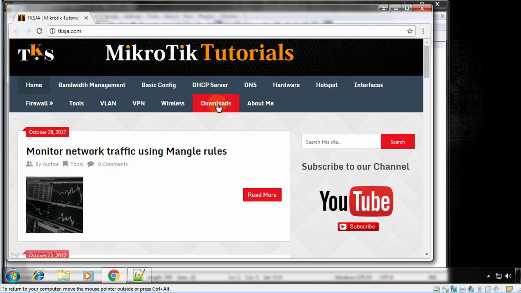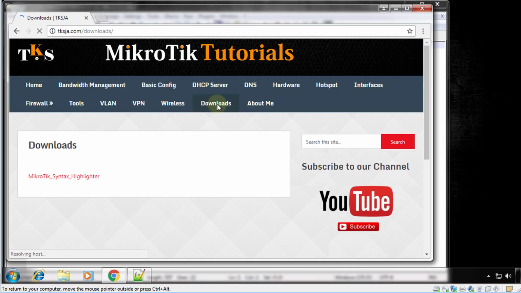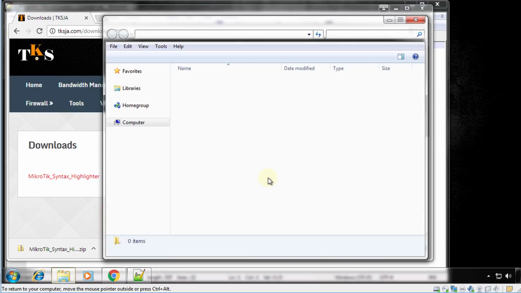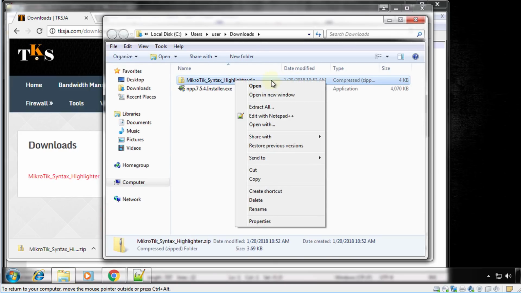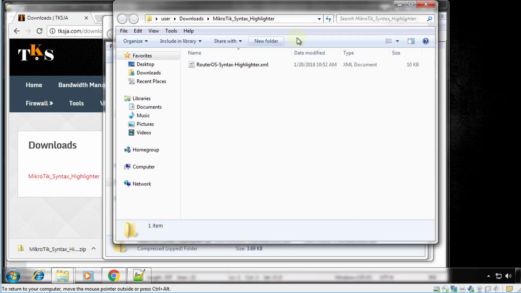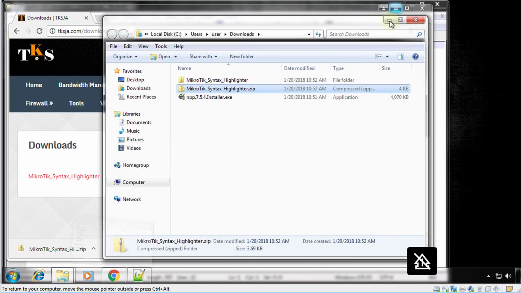tksja.com I have a syntax highlighter for RouterOS, and click on downloads and you'll see a link to that file, and it's a zip file. Just download it to your computer and extract the file. So I'm going to extract this now, and this is the file that we'll be using. So just minimize, you can just minimize these screens right now,